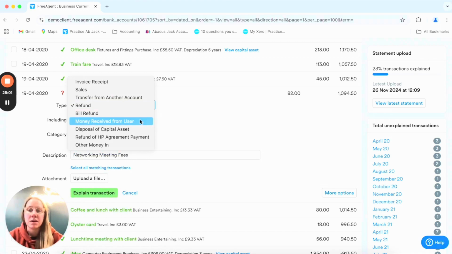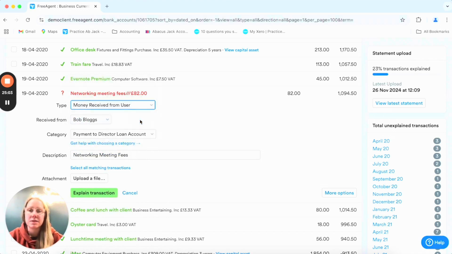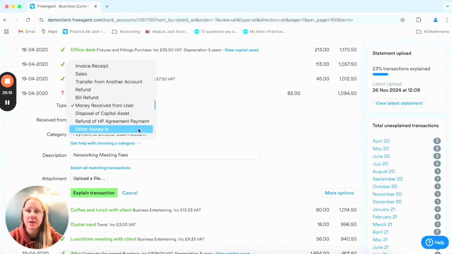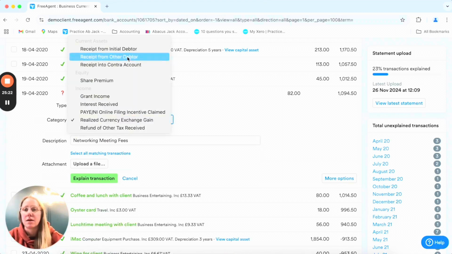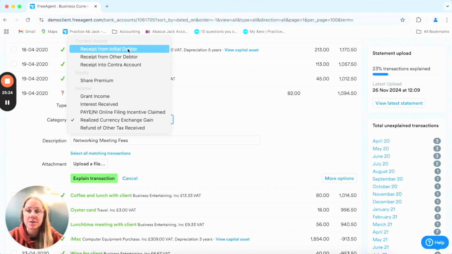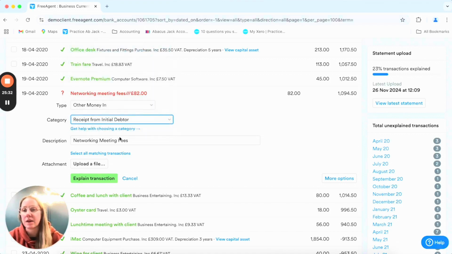It can be money from you, so if you're the director of the business, then it's money received from a user and it goes back into the director's loan account. Or sometimes we have other money coming into the bank, and it could be an initial debtor, so someone might have sent you a deposit to work on something, but you haven't invoiced it yet because you haven't started work. So that would be here, and then that would stay in there until it gets applied against the invoice once